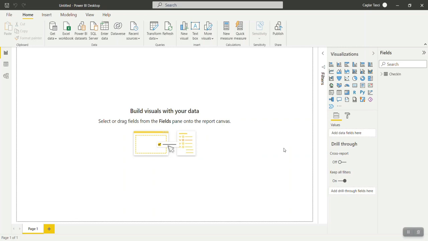If you have been using Excel till now, it would be very easy for you to transition into Power BI, as a lot of functionalities are similar between Power BI and Excel. So let's get started. Today I am going to show you how to create a dashboard on Corona test center data.